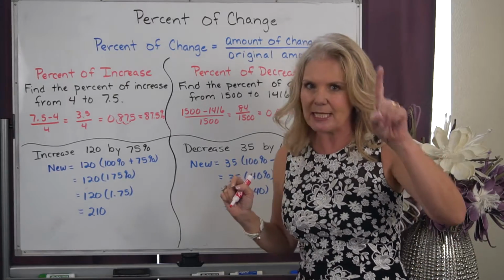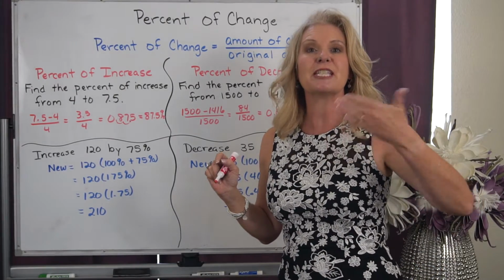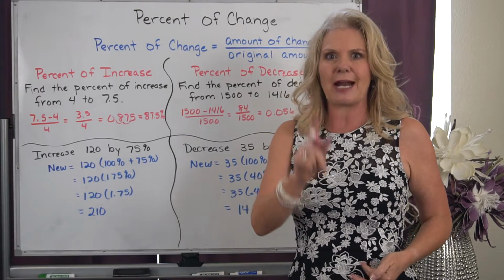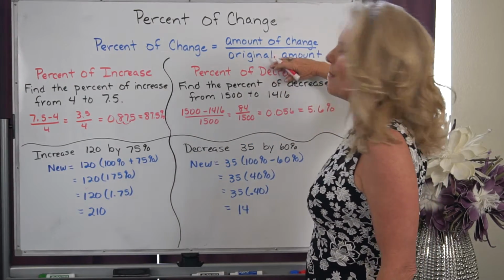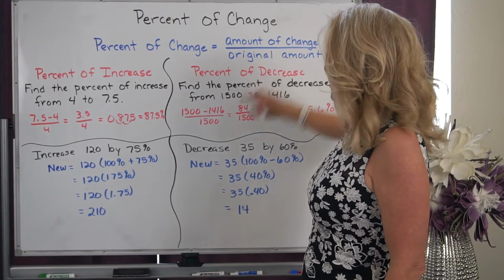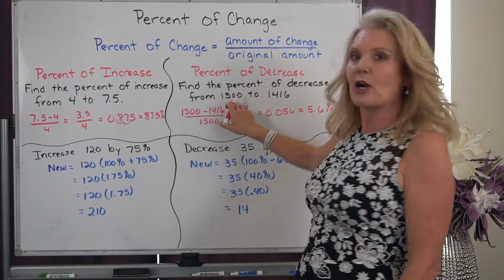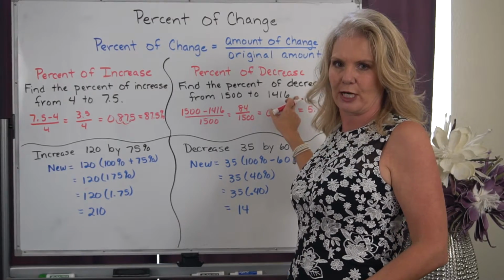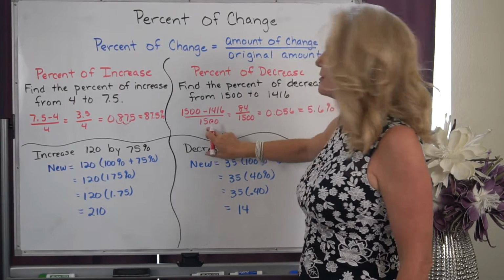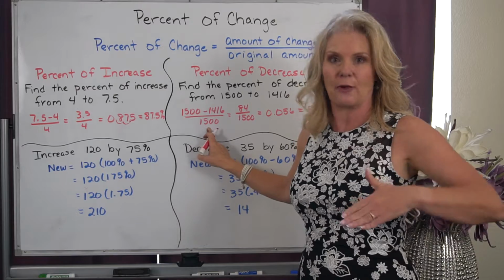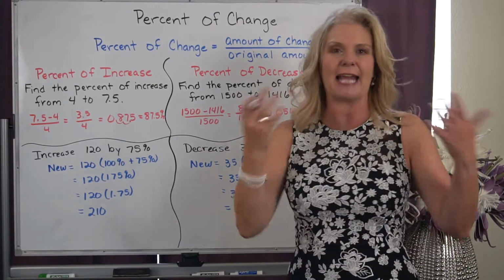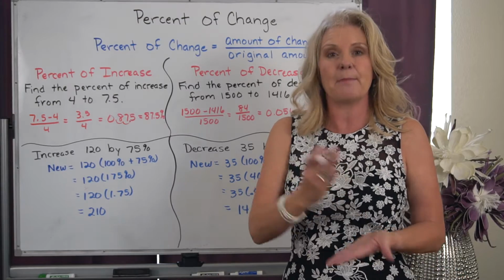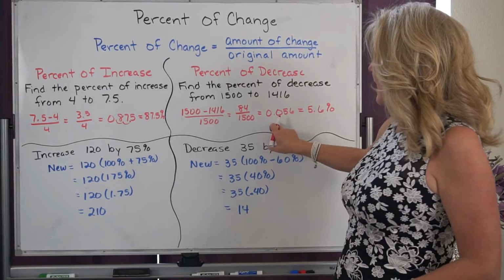Now the key piece of this is, where did you start? What was your original amount? We need to choose the right starting point because that's the bottom of that ratio. Well, when I read this, I started at 1,500 and then I went to 1,416. Therefore, I have to put the 1,500 on the bottom. Again, I just have a fraction, and all I need to do is divide to get my decimal. So when I divide it, I get